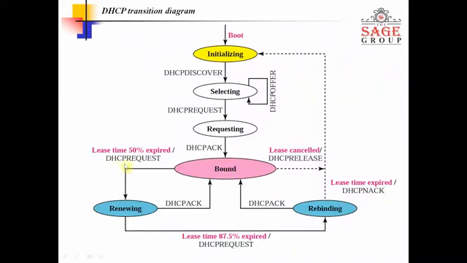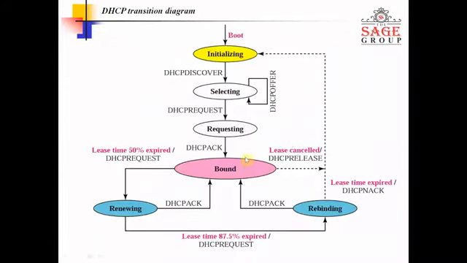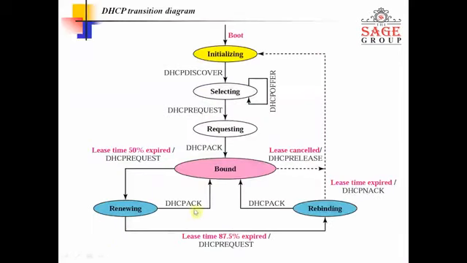Further, it sends the message with the help of DHCP request to renewing for the IP address. If the IP address has been released by someone, it sends this message to the initial state. Sorry, not rebinding, it goes to the initial. When renewing has that tag, it applies the acknowledgement that I have to change my IP address. Tell me the IP address. That is sent by renewing to the bound state.